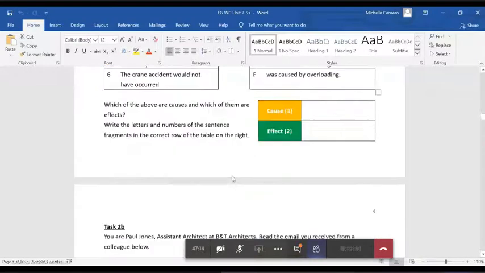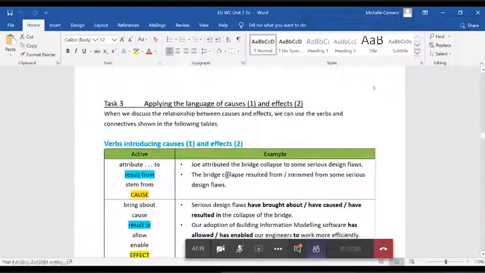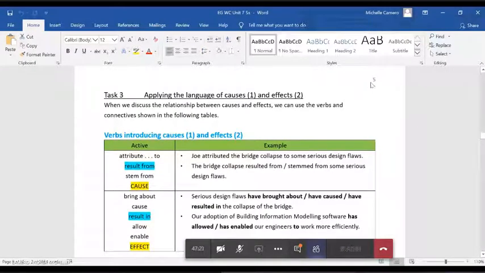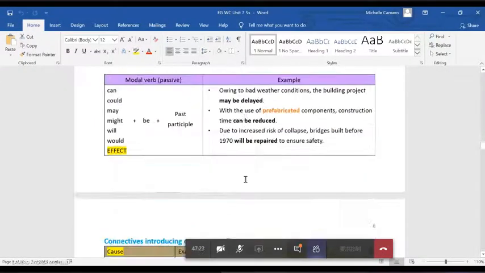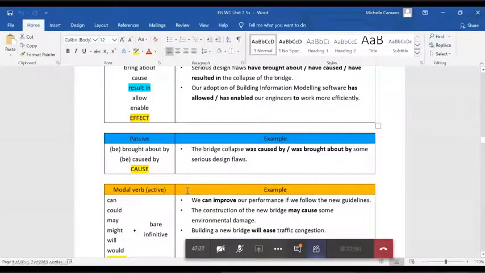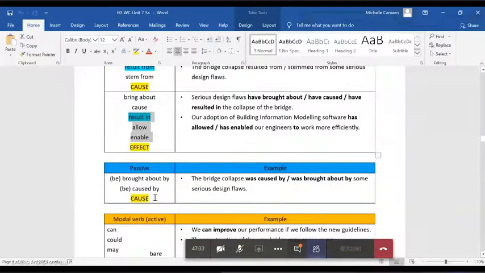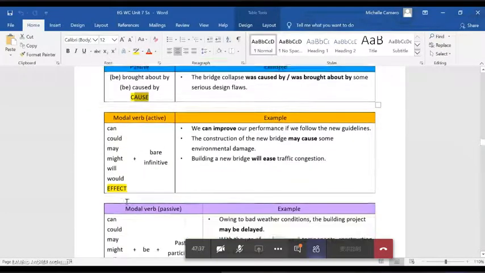So we did some matching. We did some practice on page 4. And then on pages 5 and 6, we spent a lot of time. This is where you were given a list of words you can use to introduce the cause, or words you can use to introduce the effect. So I put that if they introduce the cause or effect for you. All right, so,